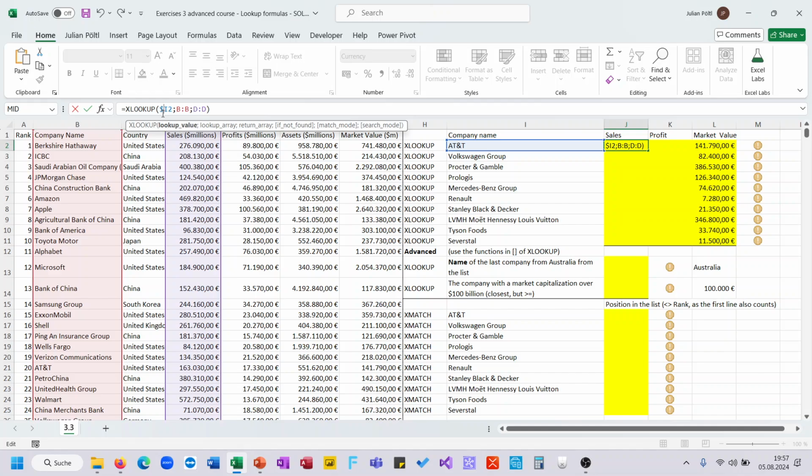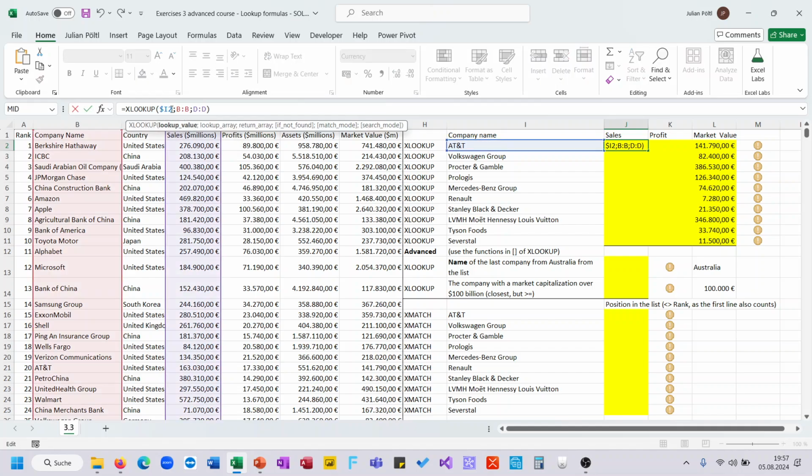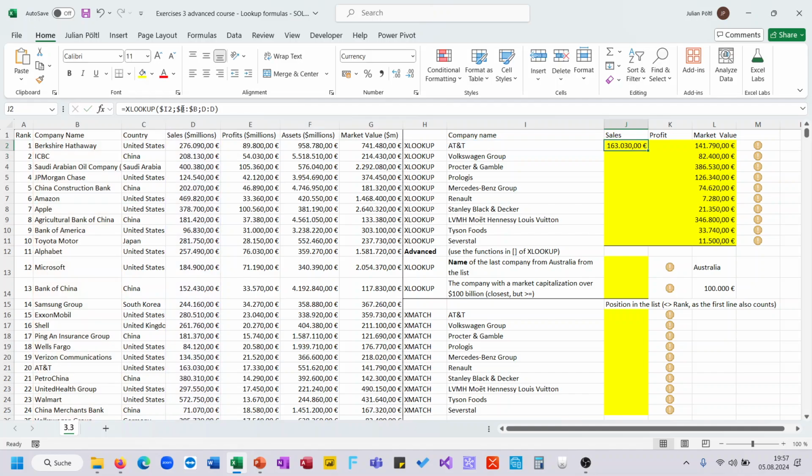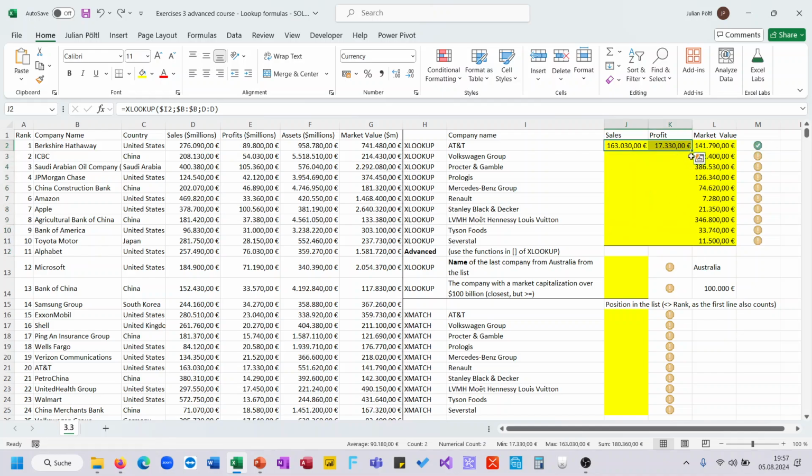So lock the column for the lookup value, lock the whole column B, and here this column should stay dynamic. Oh, sorry. Here. And now you can drag it to the right and also down,